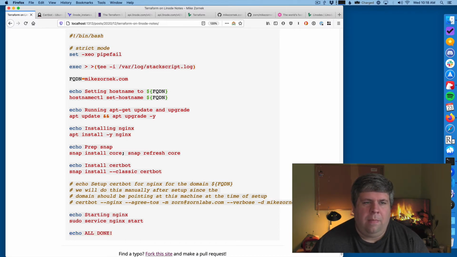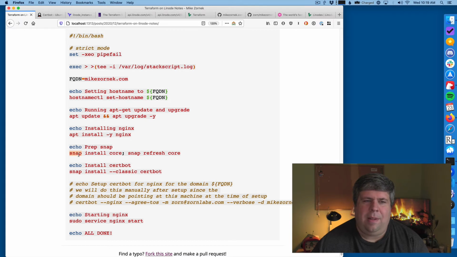So we create a fully qualified domain name. Then we set our host name to it. We run apt update, apt upgrade. We install Nginx. Then we also install Snap. Snap is something that's new to me.